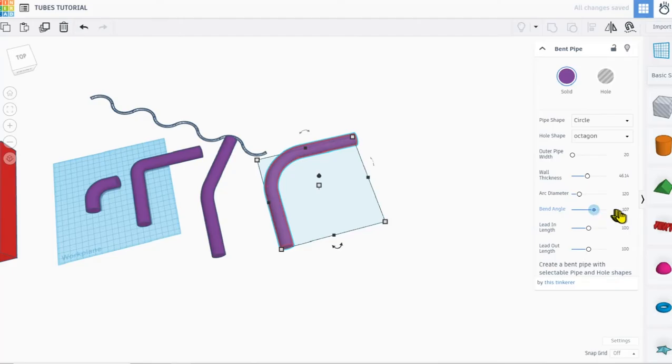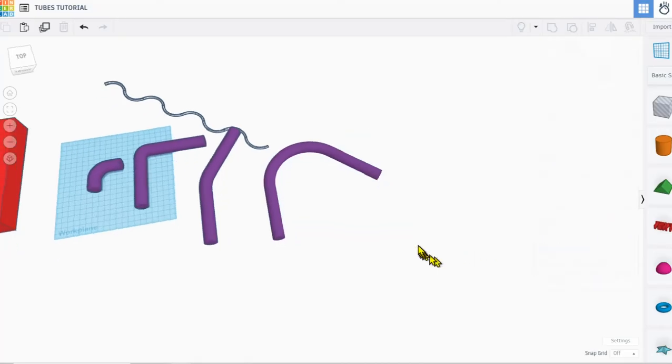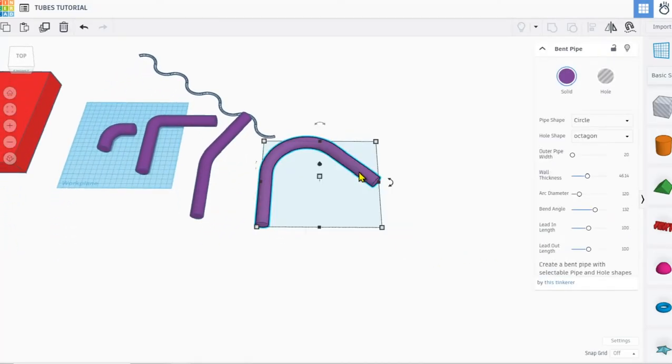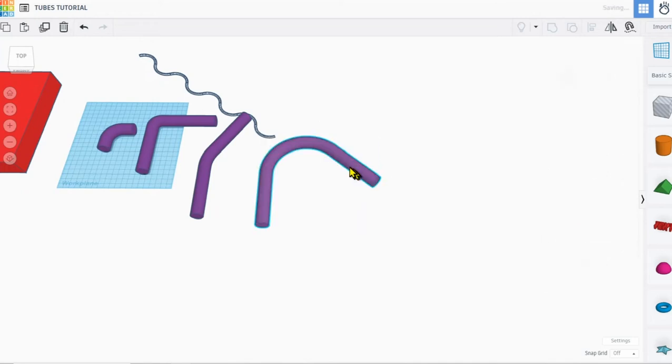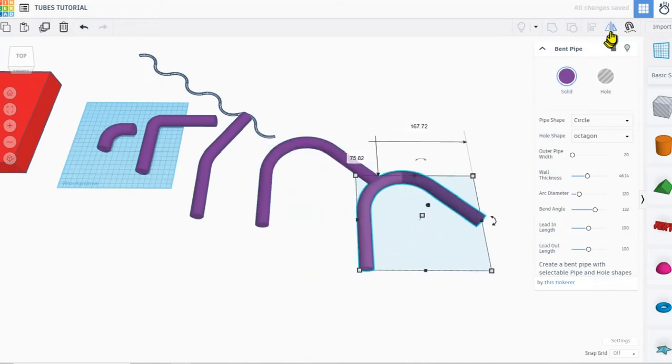Let's bring that bend angle to 120. Okay. Yeah, I like it. And as a matter of fact, I might duplicate this, bring it over here,